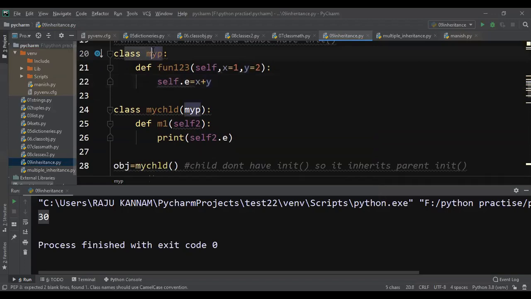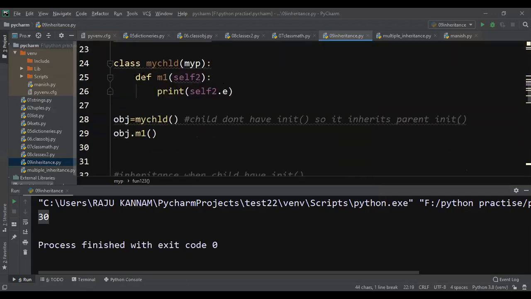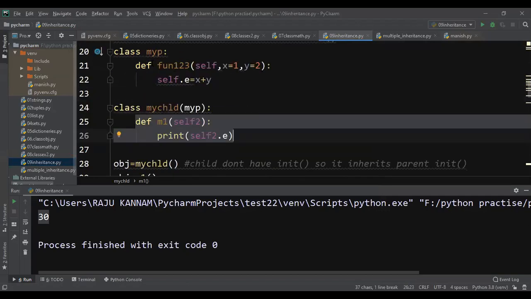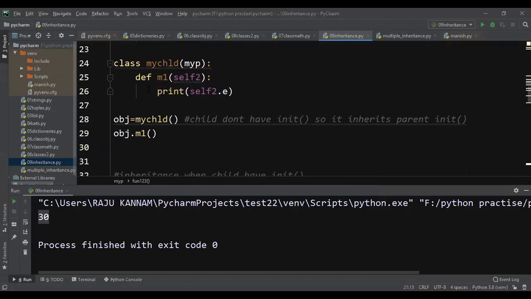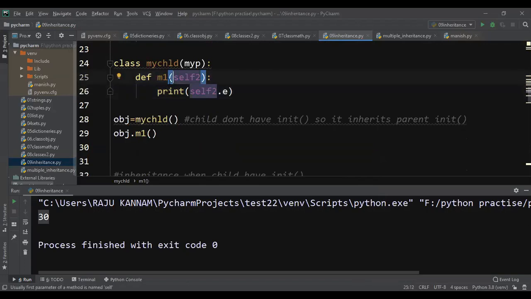Now what is the case here? Class myp has only the definition. It does not have any constructor. And my child also has only a method. It does not have any constructor. So myp has one user defined function called fun123, and my child has one user defined function called m1.